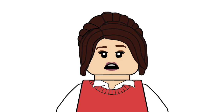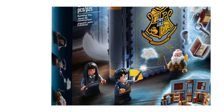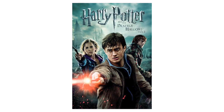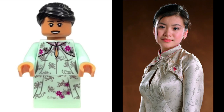I might not take a big issue with this if it had only happened once and Lego only used her in one set, but Lego has used her in multiple sets. First off, as a CMF character in the first series, the minifigure pack, the advent calendar in 2020, and then the new 2021 Ravenclaw Charms classroom set. Cho only appears in two movies as a kind of main character and then once in Deathly Hallows Part 2. So it's strange that LEGO continues to use her character, continues to bring her up in this theme with the incorrect skin tone. This inconsistency with her appearance in the films and her LEGO skin tone is a big issue,